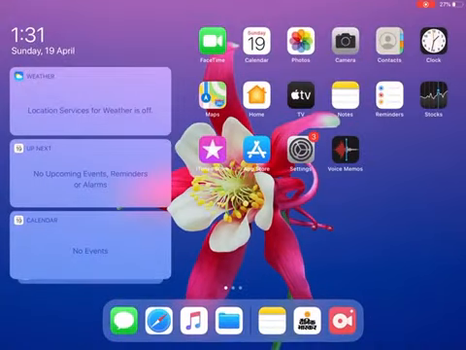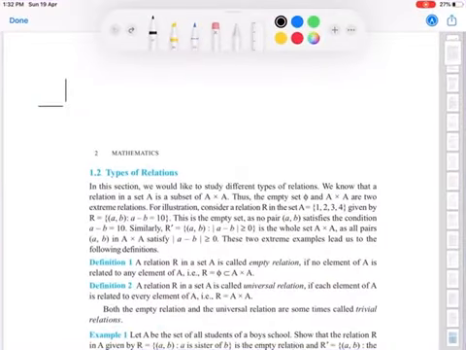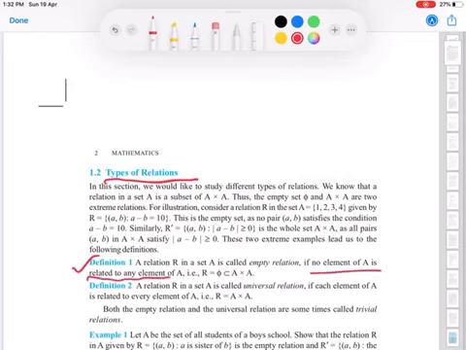We have done some revision of class 11. So let us jump over to 12th standard now. I have just taken a few things from the NCERT textbook. I hope everyone has the NCERT textbook at home, downloaded at least, if not the physical copy. So if we see here, they are talking about types of relations. The first definition they have given us here is of the empty relation. Empty relation means that no element of A is related to any element of A.